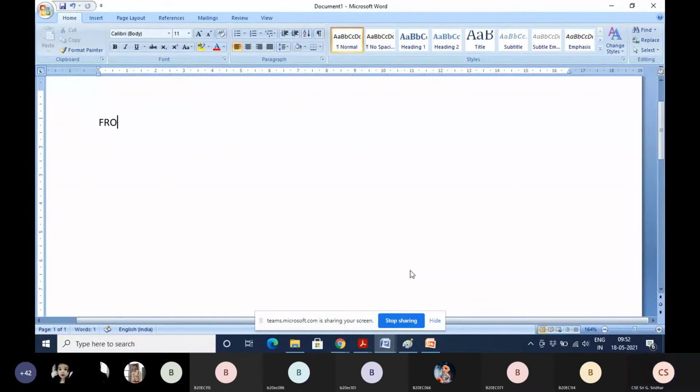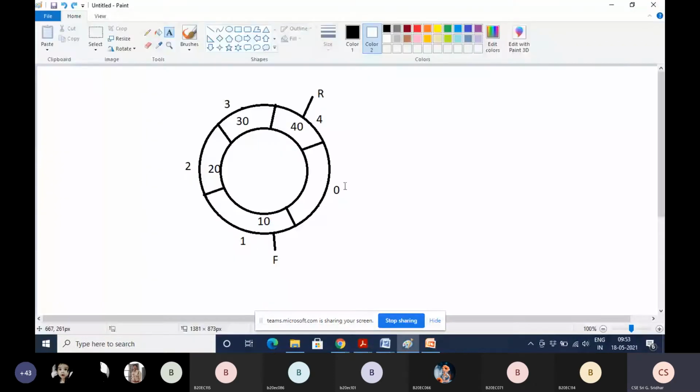Front plus 1 modulus max: front value is 4, 4 plus 1 modulus max is 5 modulus 5. What is the value you are getting? 0. That means the front points to the 0th location again. That's it. It is very simple.